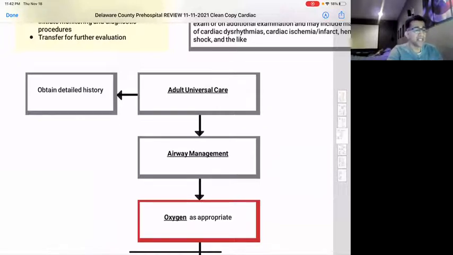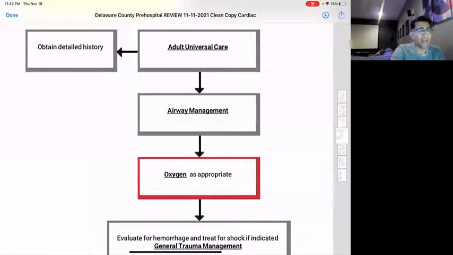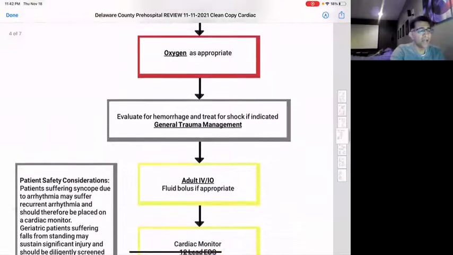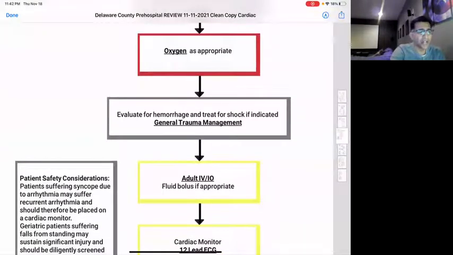Of course, you want to obtain that detailed history. You want to start looking at airway management as needed. And of course, you can click this hyperlink. It'll take you where you need to be for further information on that. Give oxygen as appropriate. And really, if we're thinking hemorrhage and we're thinking lots of shock, let's think about trauma